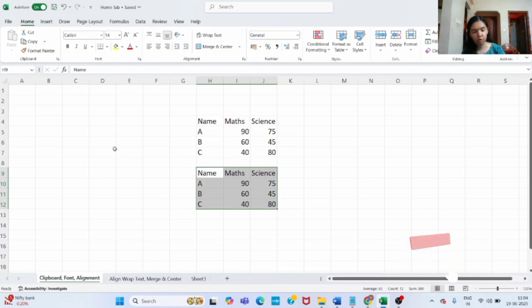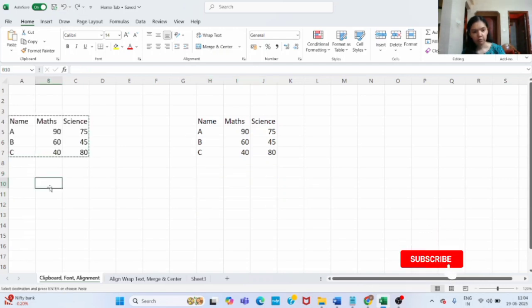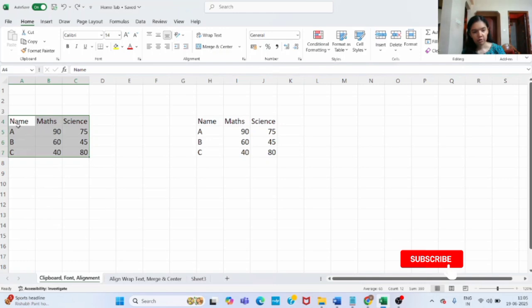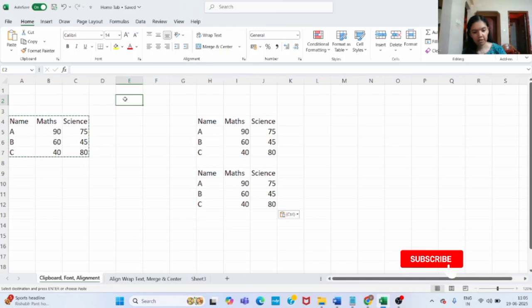Now we will see the keyboard shortcut to do this. So again, if you want to get back this data here, you will have to just click on this undo button. And again the data is gone back here. So now I will show you the keyboard shortcut for all this. So if you want to copy paste the data, what you will do is you will select the data and then you will press Ctrl C. So in order to copy paste the data using the keyboard, you will just select the data and press Ctrl C, and wherever you want to paste it, just press Ctrl V. So this is the shortcut.